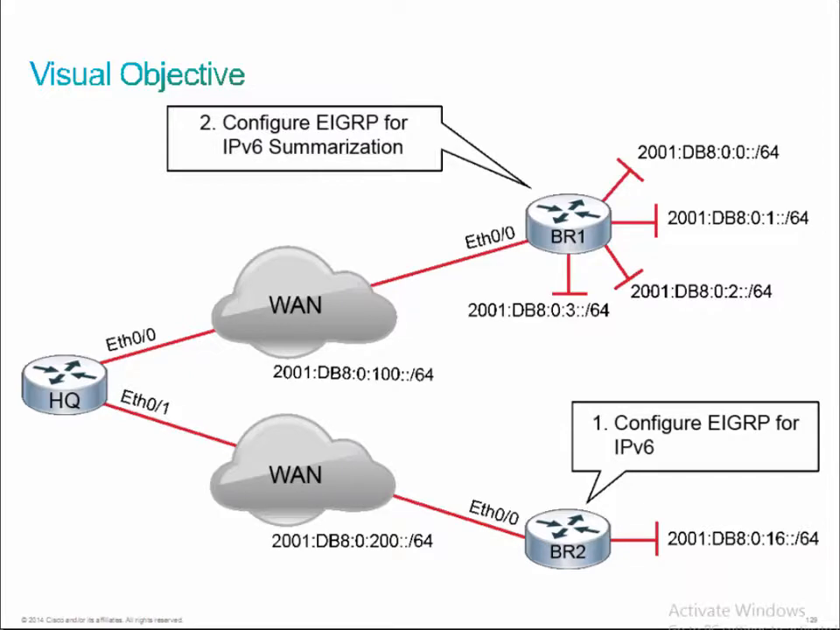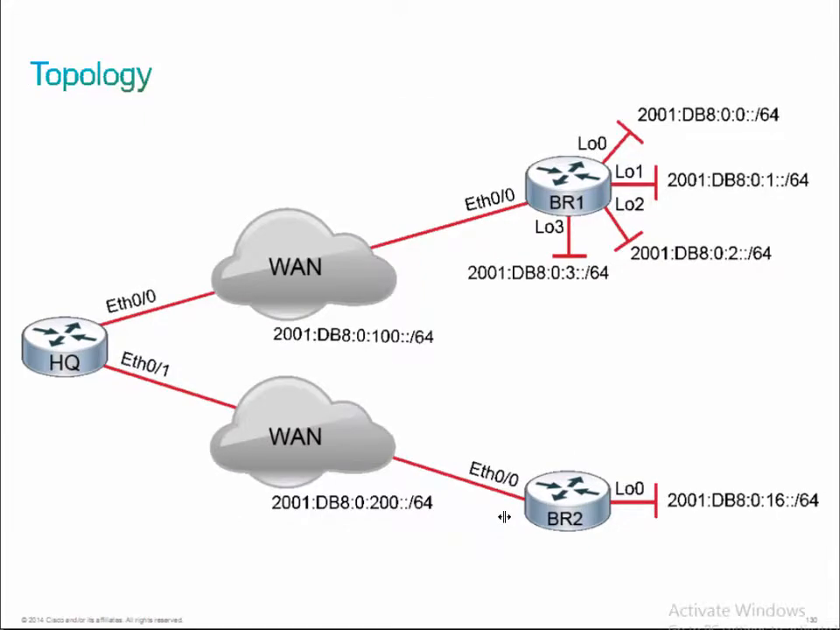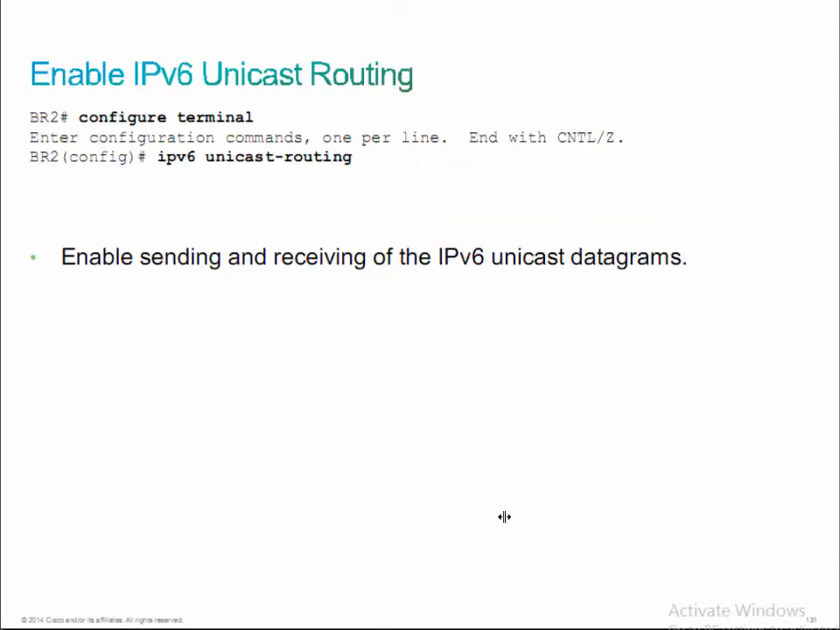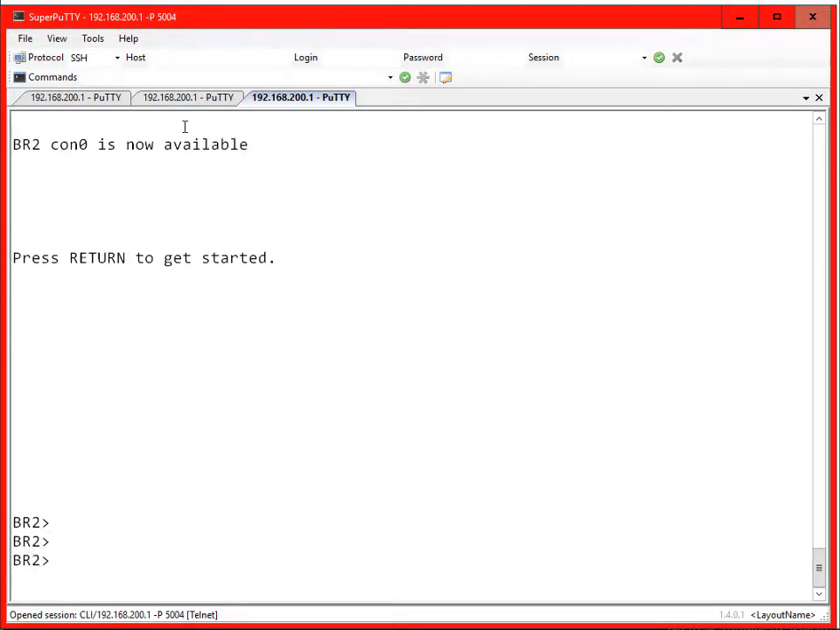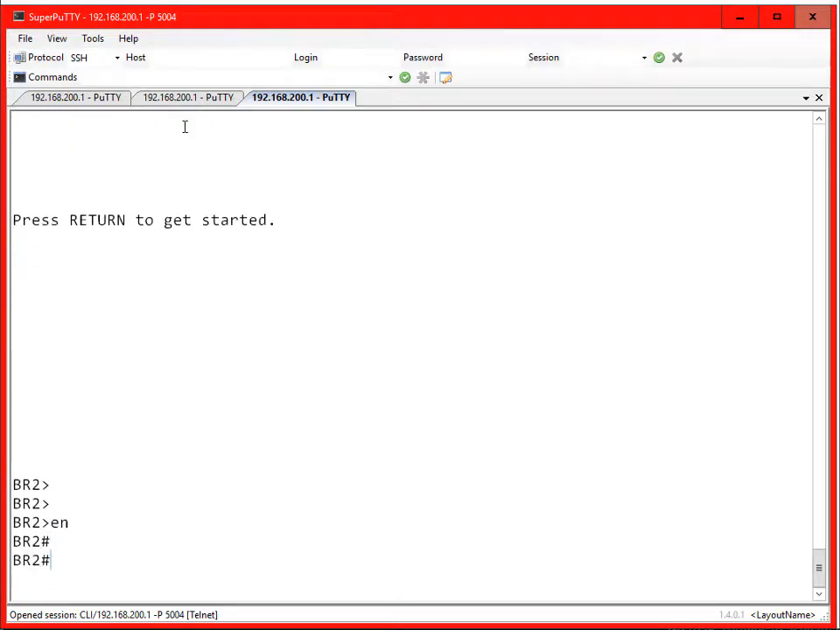All right, so let's start the exercise by implementing IPv6 for EIGRP on BR2. The first thing that we're going to have to do, of course, is enable IPv6 routing on that particular router. So let's start by taking a look at the router configuration on BR2. And just like we had